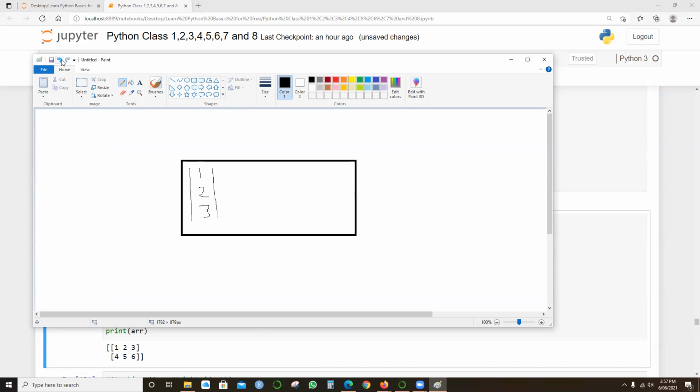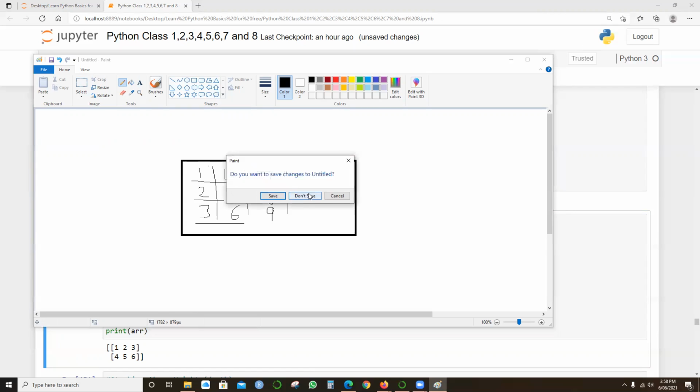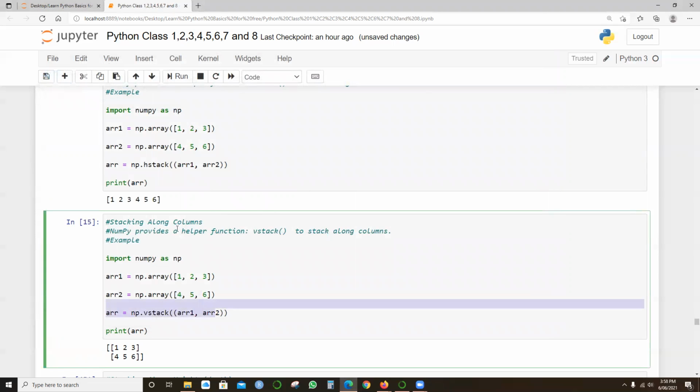Instead, if I say 1, 2, 3, 4, 5, 6, 7, 8 and 9, we've got 3 by 3: first column, second column, third column, and rows also, first row, second row and third row, right? So we're talking about the rows and columns.